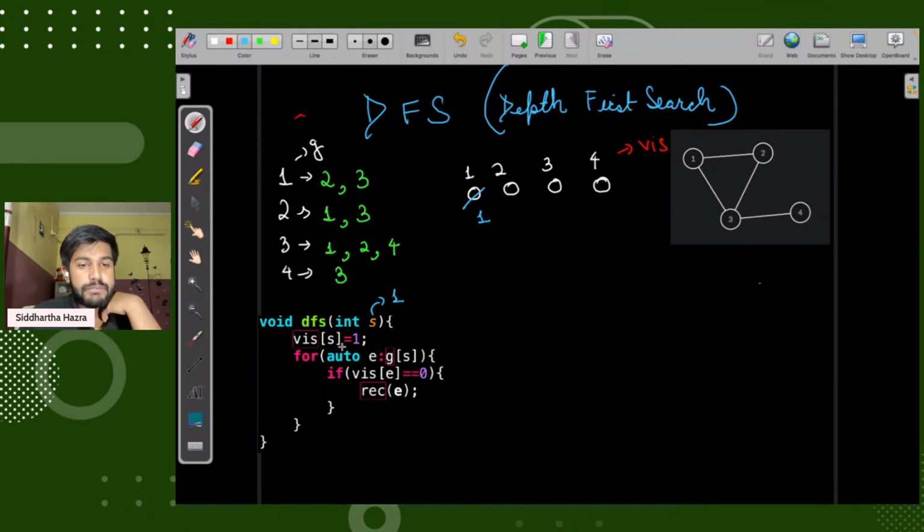Okay, so we went to visited of S is equal to true. Then we are visiting the neighbors of S. G of S is 1. Okay, G of 1. Now we would be visiting the neighbors that are not visited. So I would be just summing up the small code of this. Okay, this is just like this. So this can be visualized like this.